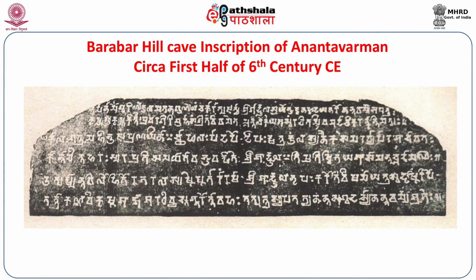This is another interesting piece of evidence of 6th century late Brahmi script, which is found in the Barabar hills in Bihar and dated in the middle of the 6th century CE. Here, unlike the previous inscription, we see that the head marks are not triangular, wedge-shaped solid head marks, but solid rectangular boxes. This characterized late Brahmi of Eastern India as early as the 6th century, as evidenced from this inscription.